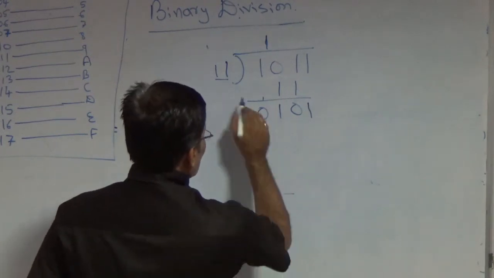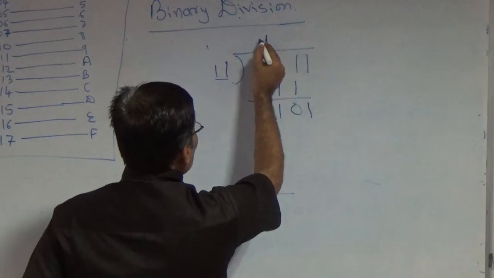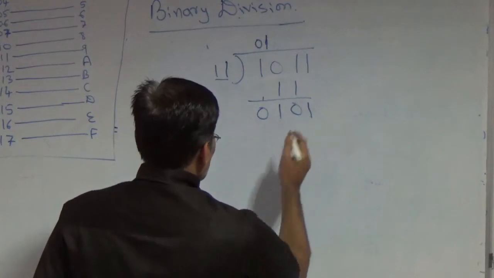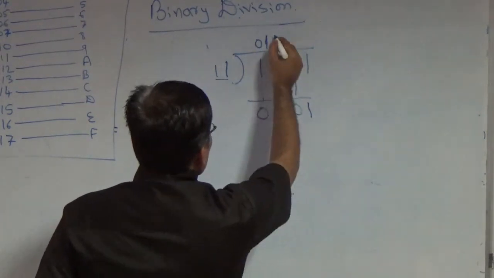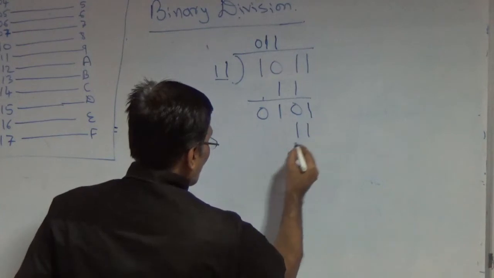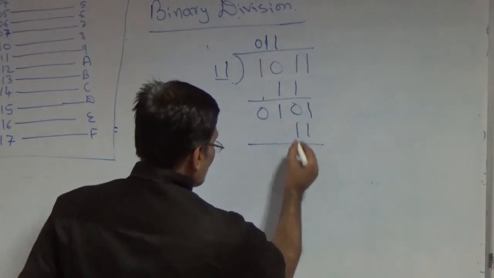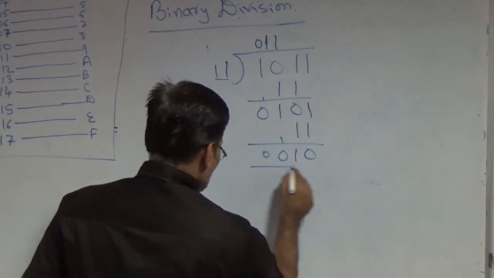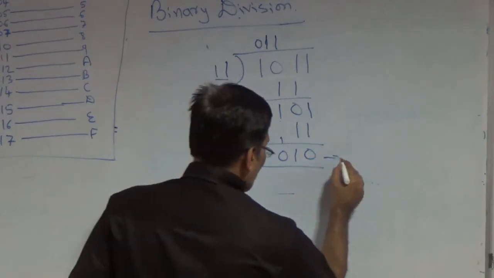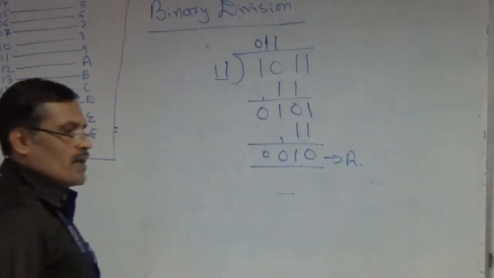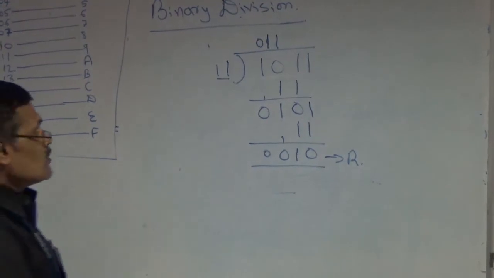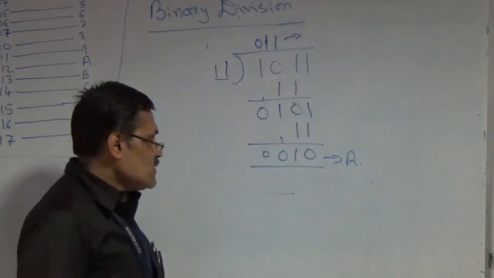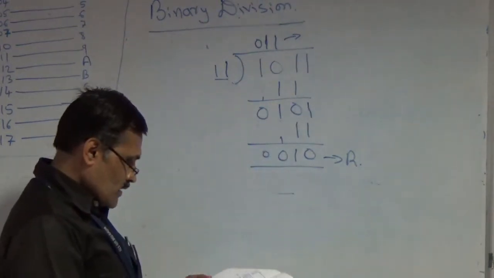Okay, so we have shifted here, so before that I need to add 1 0 here, right? So this is 1, 1 not 1. Okay, so again it is 1 only, so 11, so 1 minus 1 is 0, so this is 1, borrow, this is 0, 0, 0. So this is our remainder. So this is how the problem is solved. So the answer is 0, 1, 1 with the remainder 1, 0. Okay, so let us consider one more here.